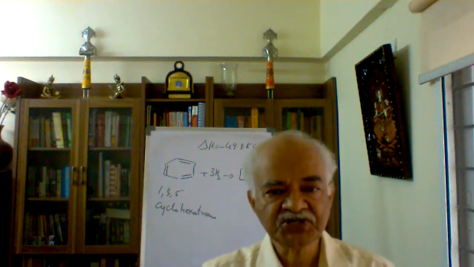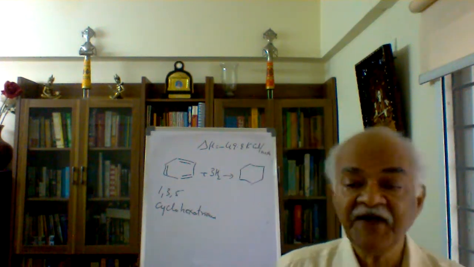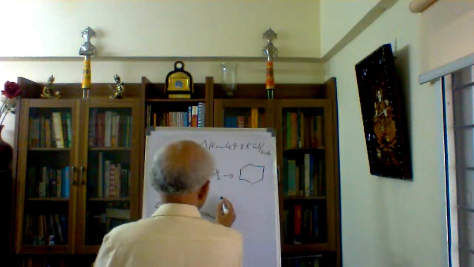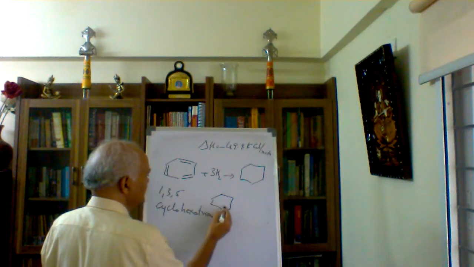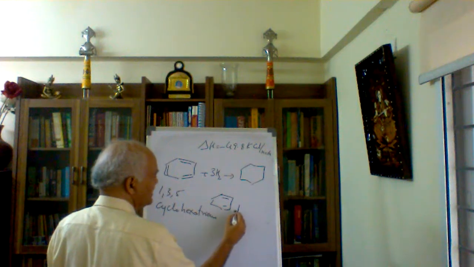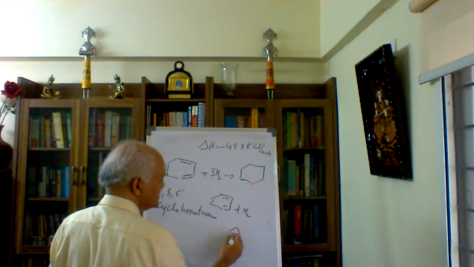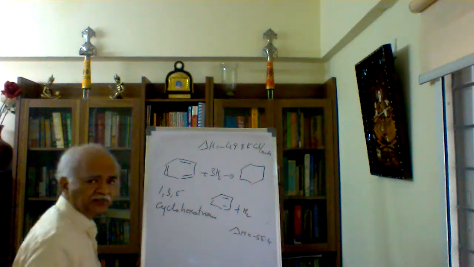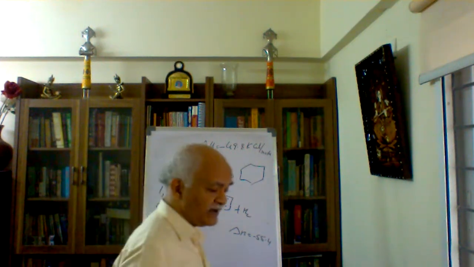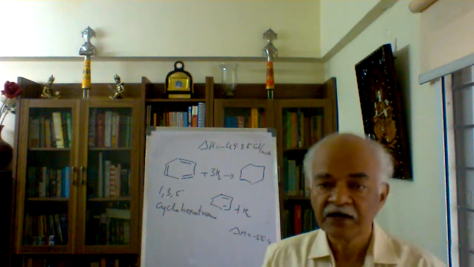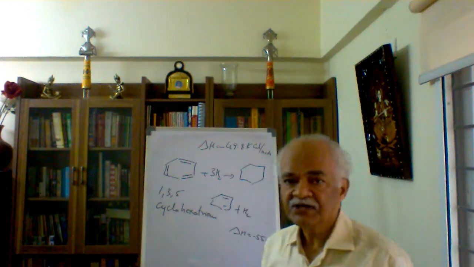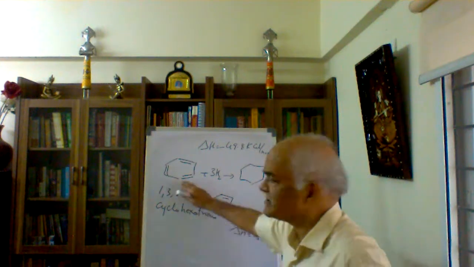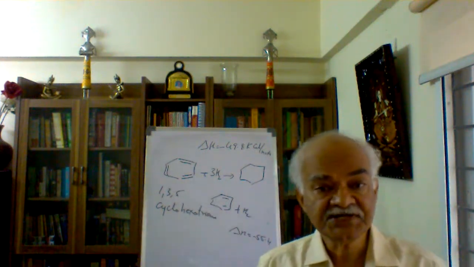This is much lower. In fact, if you compare with cyclohexadiene, remember what was the cyclohexadiene value I got earlier? If you add hydrogen to this, what is the delta H value I am getting here? This is minus 55.4 kilocalories or so. That means what I have invested for 2 double bonds, once I see 3 double bonds, there is no correlation. It is not somewhat slightly more stabilized. Here the stabilization is immense.